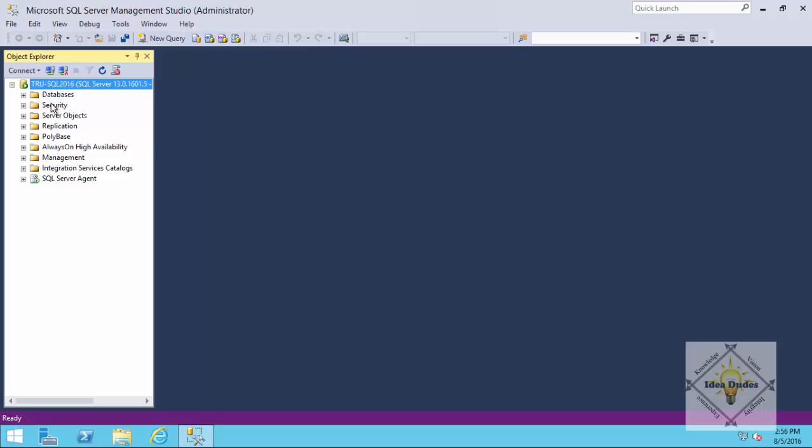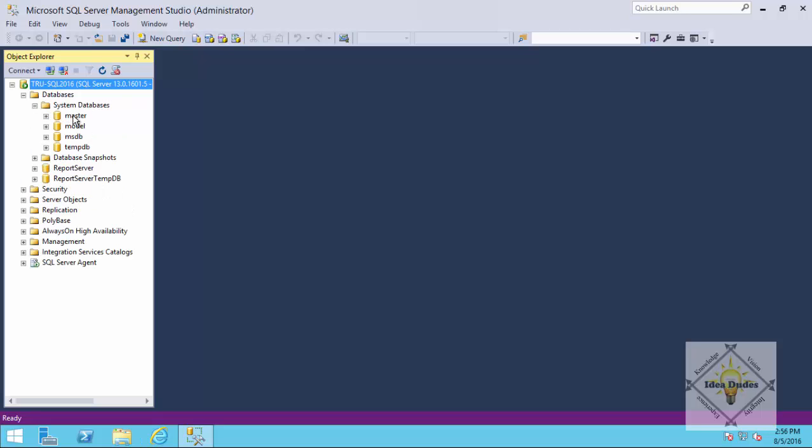Now you've got to understand there are no databases on here except for our system databases: master, model, and MSDB. MSDB is used with SQL Server agent. The model is what we base our databases on. And the master, of course, is everything SQL Server, all the settings and everything like that. Then we have report server and report server temp DB, and these are for our report server. And so that's it for this